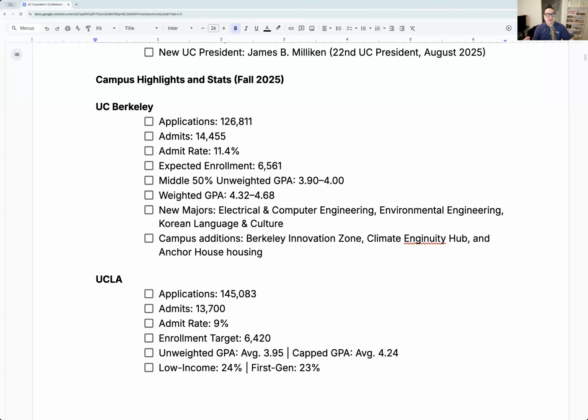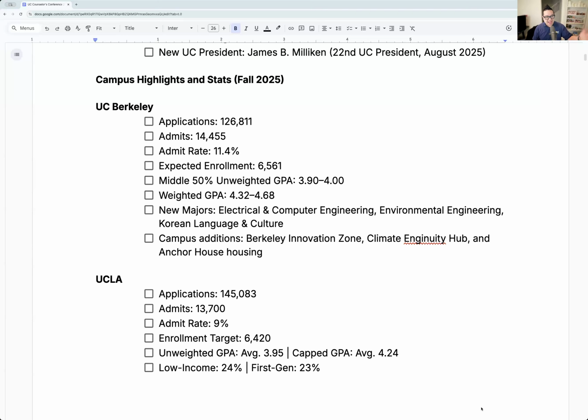They are building new houses. The reason housing is really important to know is that schools restrict the number of yeses they can give based on the number of spots they have. If a school can build a new dorm, they can add another few hundred to 1,000 kids. That's why you see schools brag about new dorms: the more dorms they build, the more students they can bring in every single year.